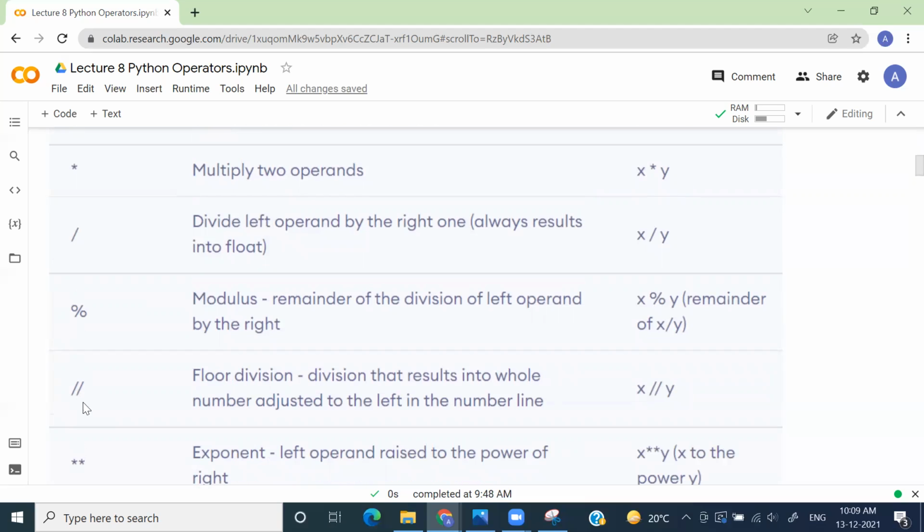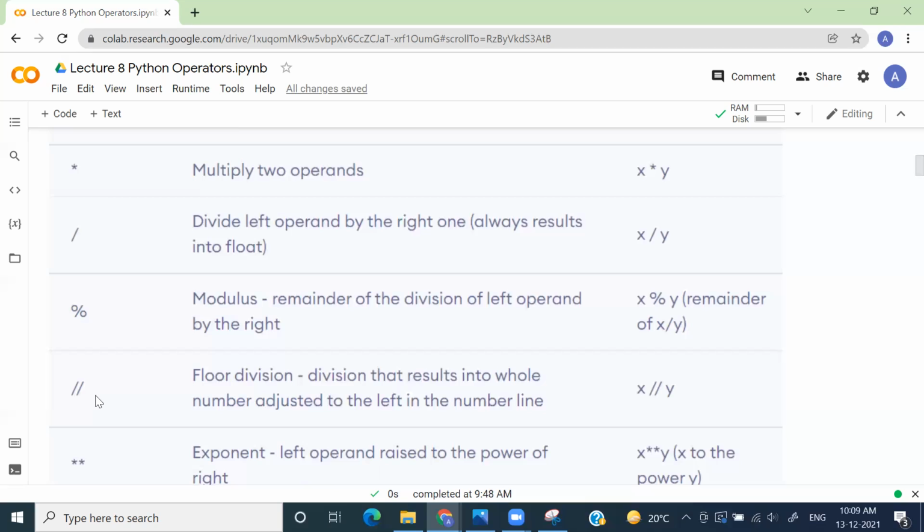Then there's another operator called the floor division operator. What does that mean? The floor division operator will give you the integer part of your quotient. Let's take the same example. If I divide 5 by 2 using this operator, which is the floor division operator, the output will be 2, whereas if I do it with the other operator, it will be 2.5. So what this operator is doing is taking the integer part of your division.